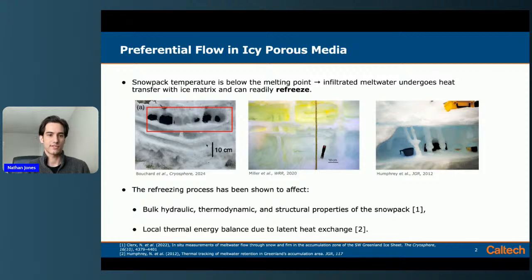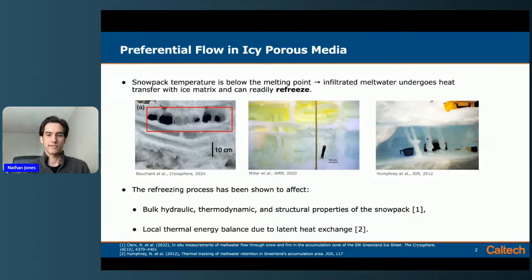So in the field, these sort of excavated solid ice pipe structures have been observed. So this is an example, I believe in terrestrial snowpacks, I think in Canada, and these two are both in Greenland, of these snow pits that they brush out this porous snow, and these solid structures are left behind. And so these are sort of evidence of freezing or refreezing that occurs due to this snow melt that occurs in these preferential flow pathways.